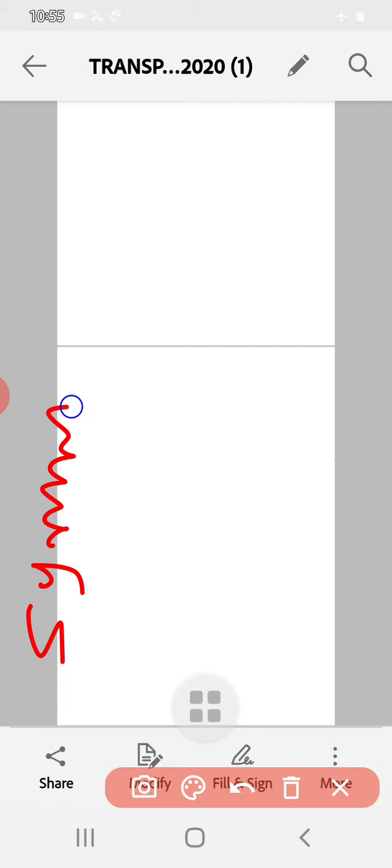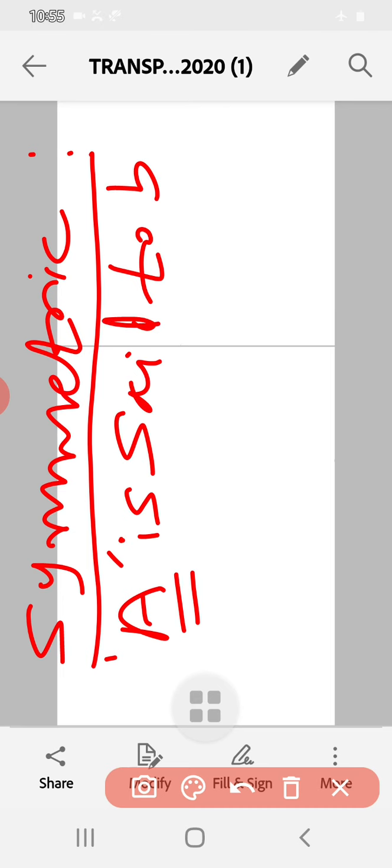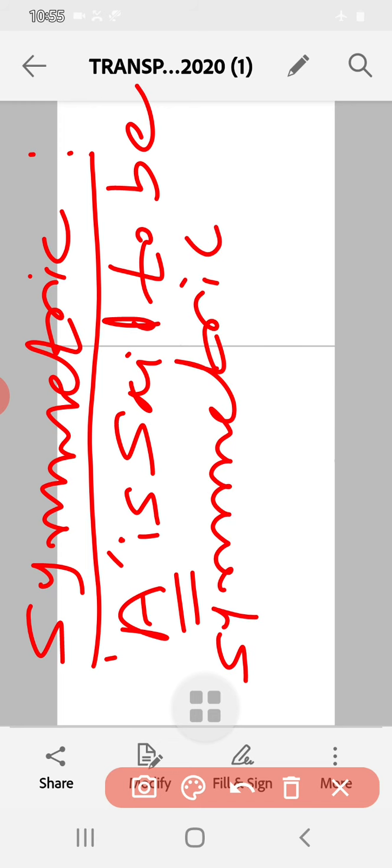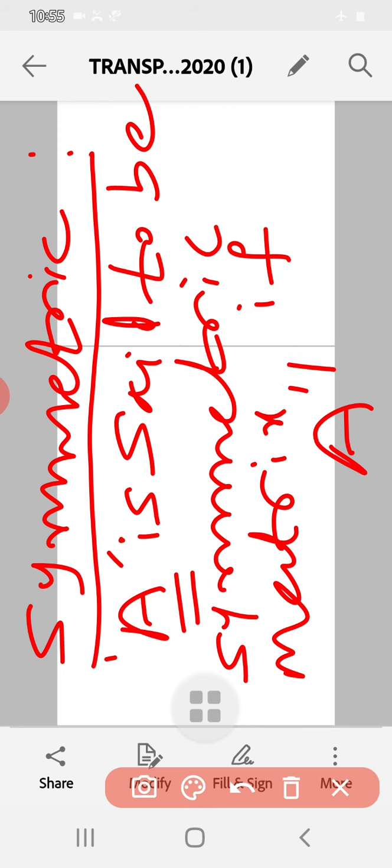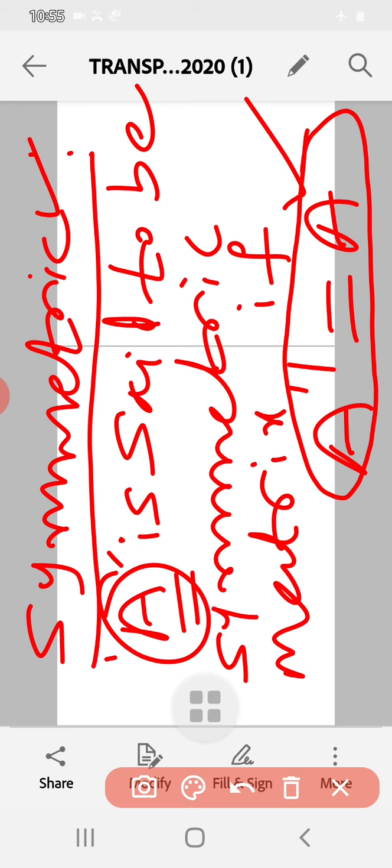As I already told in the last class, the symmetric matrix. So what is the meaning of a symmetric matrix? A square matrix, say A, is said to be a symmetric matrix. The definition is already with you. It is said to be symmetric if the transpose of this matrix is equal to that matrix itself, A dash is equal to A. So if it satisfies this condition, transpose of the given matrix equal to the matrix, then that matrix is said to be a symmetric matrix.